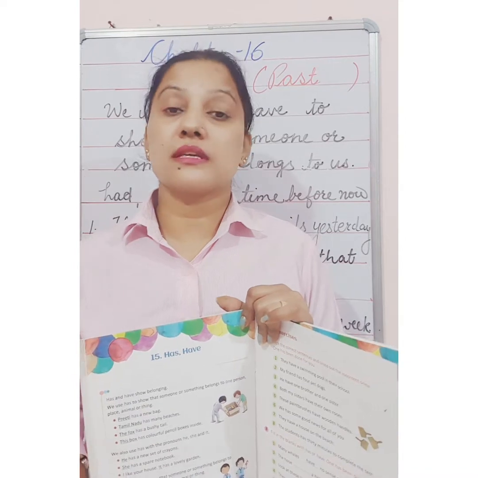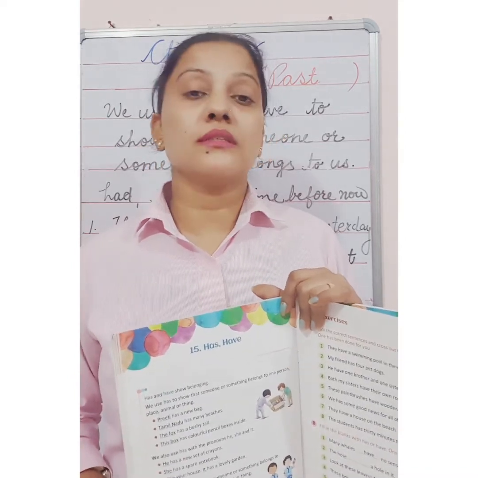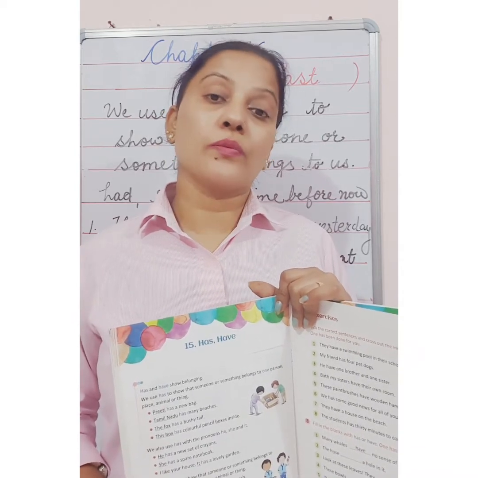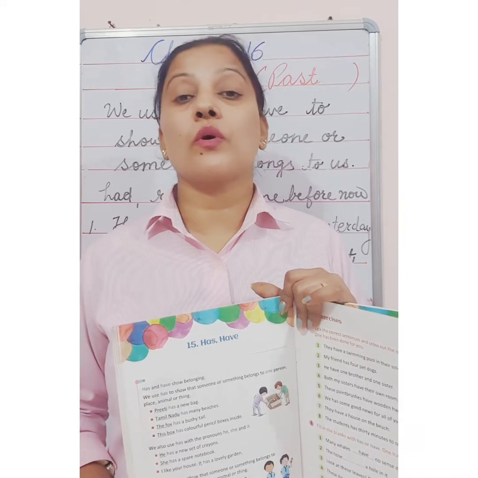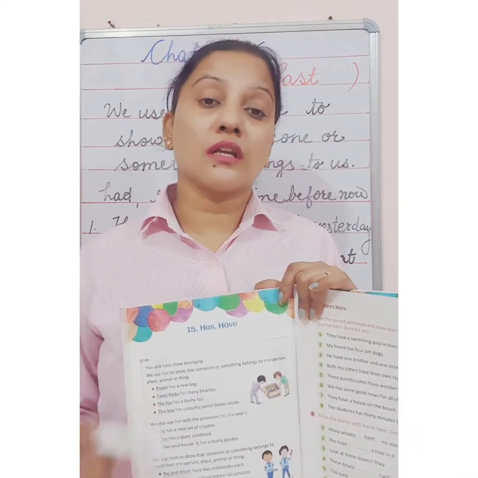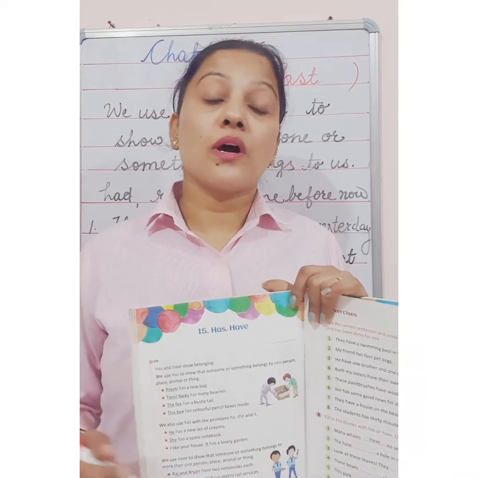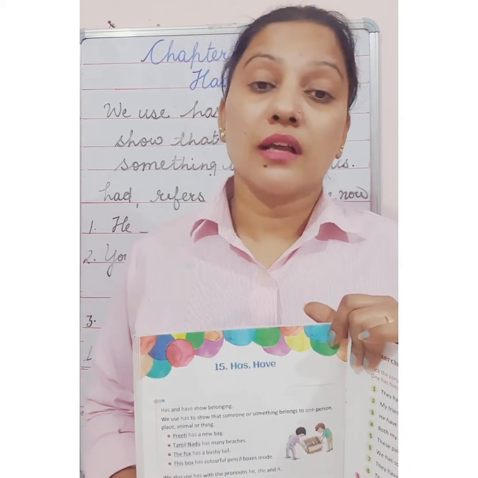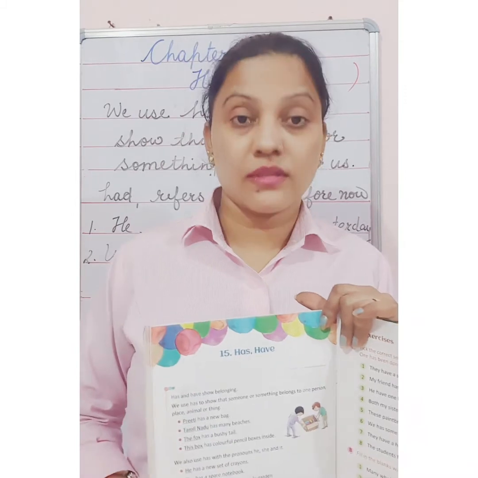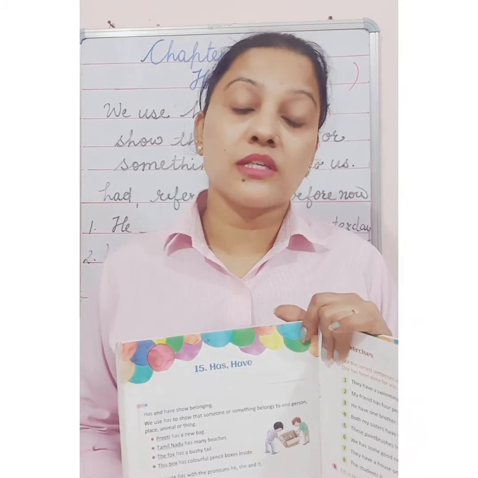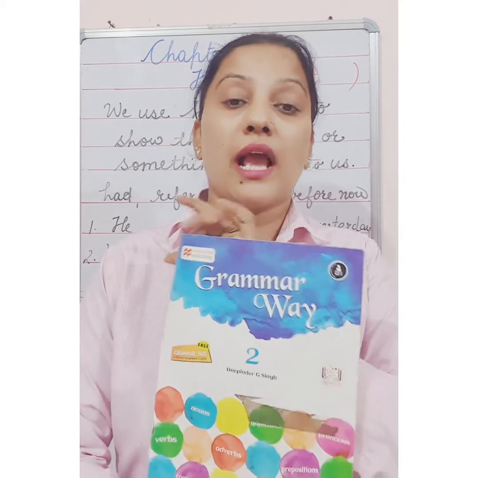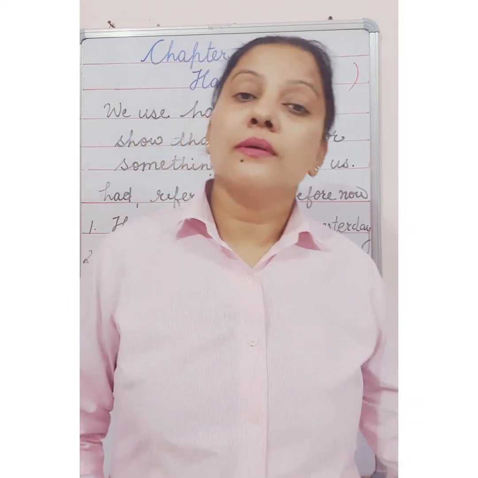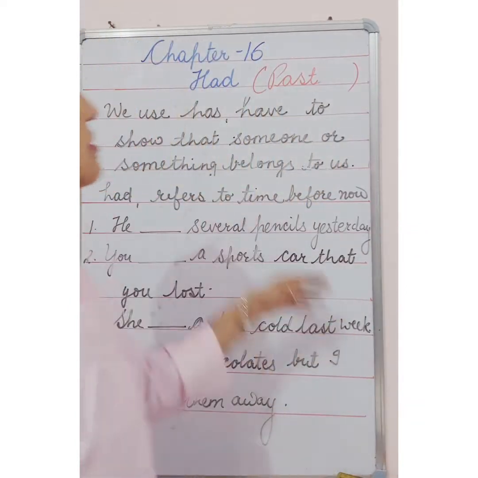Yes, so I hope this thing is clear to you all. No doubt in this. Has and have. Has we use with singular and have we use with the plural noun or pronoun. In present tense, when we are talking about present time which is running now, you are in grade 2 now. Yes, so when we are talking about the present, you have grade 2 books. Yes, because you are in grade 2 now, we are talking about the present, so you have grade 2 books. This is I have grade 2 English grammar book. Okay, so when we are talking about the present, but where do we use had?